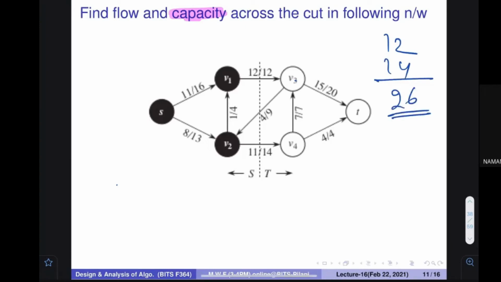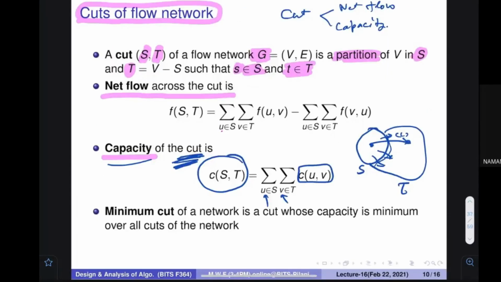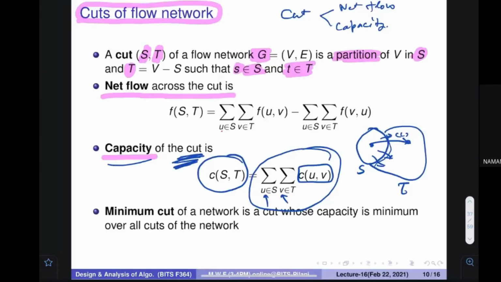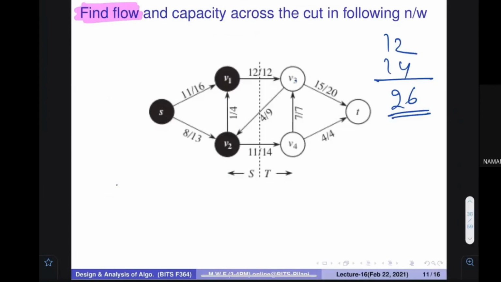Okay, anything else going out this side? No. Something is coming in also, but I'm not going to count it, because my definition is not that. It is not going to see what is coming in. So for the capacity, this thing is not being computed. Capacity is 26. You can see that in the previous example, the capacity was way larger than this. Now next question, what is flow? Okay, how to define the flow for all the things which are going out into the next set and what is going to come. So what is going out, you have to find out.